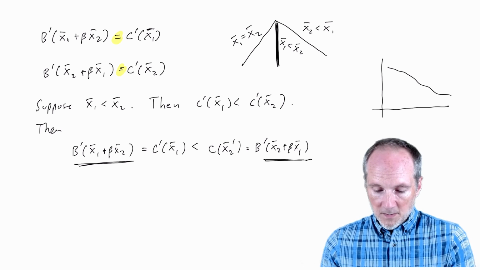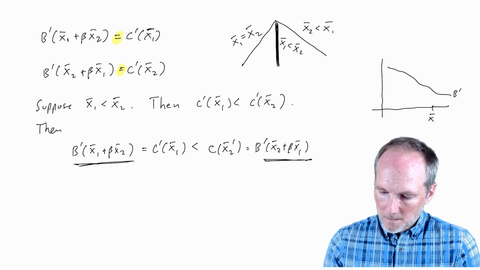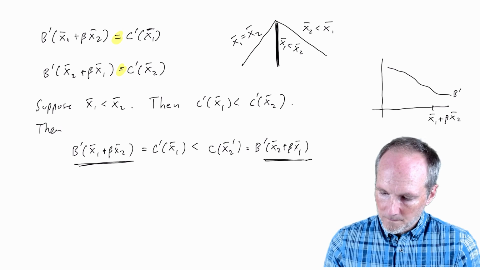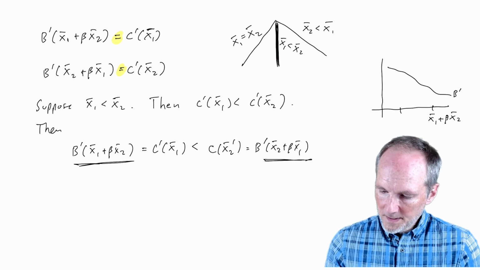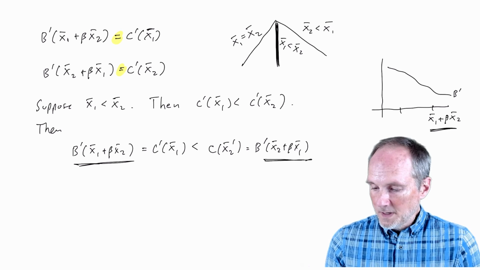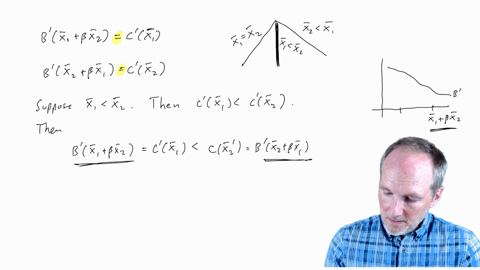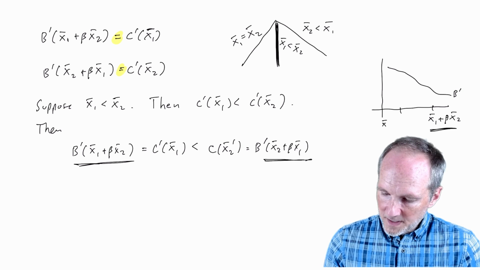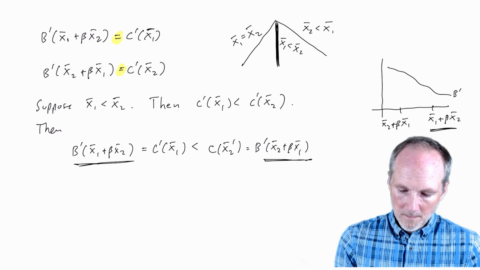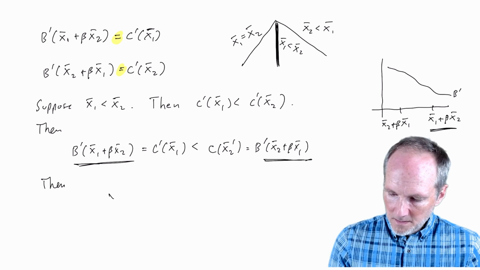So if person 1's marginal benefit is less than person 2's, it must be that this expression, x1 bar plus beta x2 bar, is greater than the expression x2 bar plus beta x1 bar. Okay, so that gives us